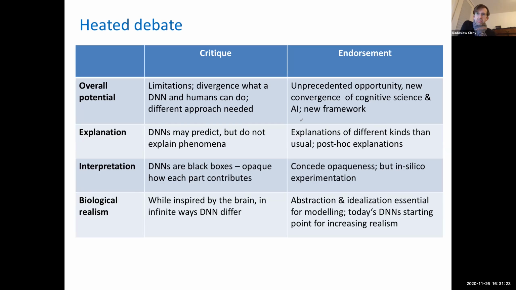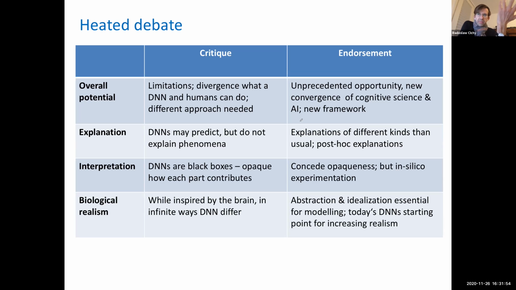Another point was biological realism. The critics say, these artificial deep neural networks have been inspired by the human brain, but there is an infinite number of ways in which they differ. And this is of course true. They are made in silico. They are very simple. They have nothing to do with real synapses or real axons or real action potentials. So how can this ever be a real model of the brain if it is so far away,